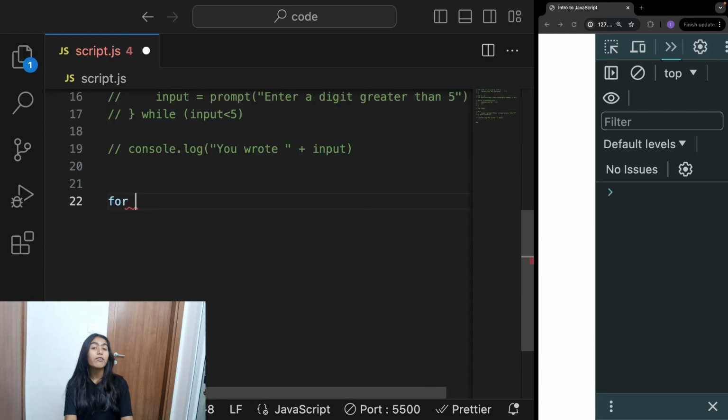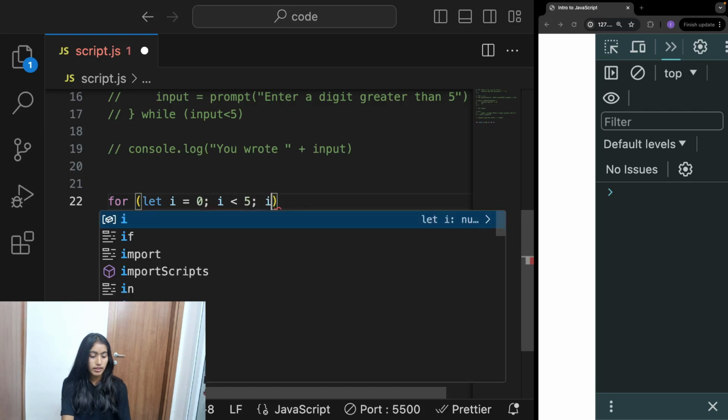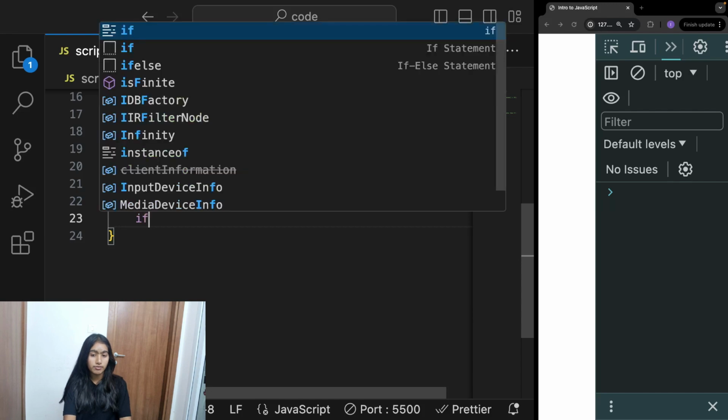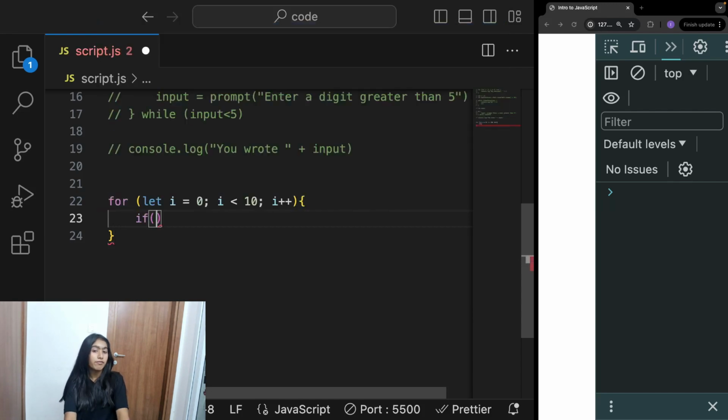So if I write down for, let's create a simple loop like let i equal 0, i is smaller than 5, and then i plus plus. Actually, let it be 10. And now let's write an if statement here.